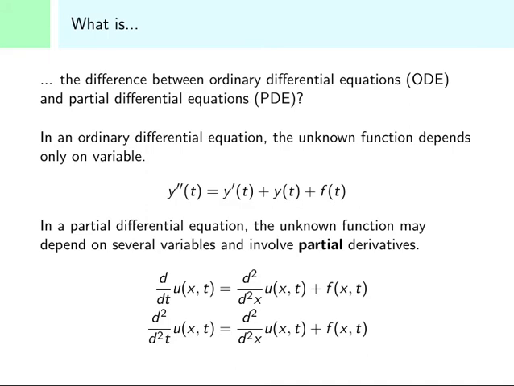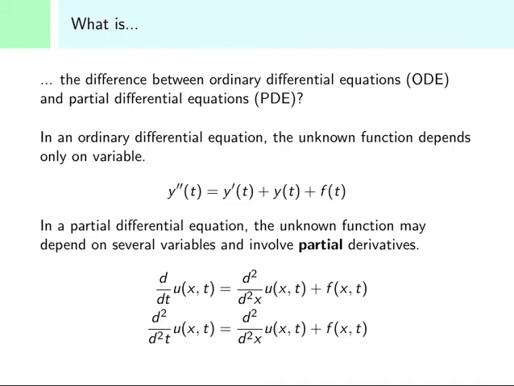More generally, the unknown function may depend on several variables, for example, position x and time t. And in that case, we have got a partial differential equation where the unknown function may this time depend on several variables, and so the partial differential equation in particular may involve partial derivatives. Let's have a look at two examples for that, the heat equation and the wave equation. In the heat equation, we have an unknown function u that depends on a position x and a time t, and it satisfies the partial differential equation